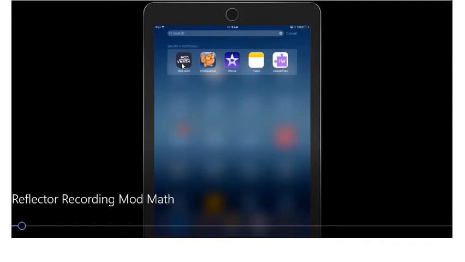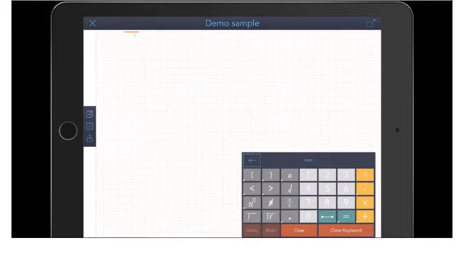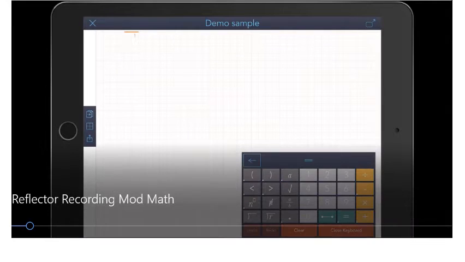This is the symbol for ModMath, and so when you are looking for it in the iTunes store or on your iPad, this is what you're looking for. And we will go ahead and show you that. When it first comes up, you do have the ability to put a keyboard on the screen, and your background is a grid. And in order to enter your information, you click on a square on the grid, and then you click whatever symbol or number you'd like to be in that grid,